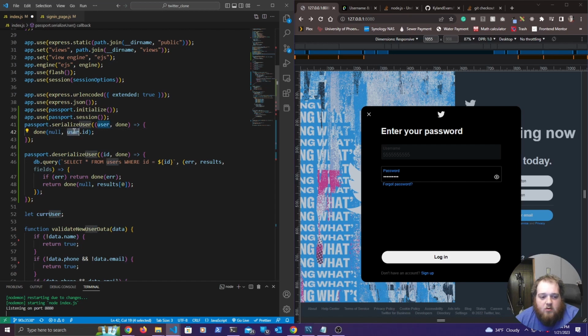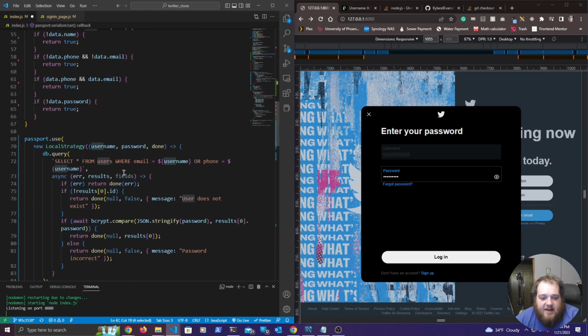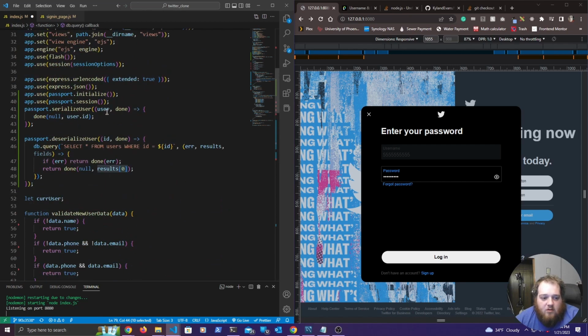user.id. Now that user.id is the same thing that was passed in right here. So this whole thing is equivalent to this user right here, and we're just going to grab the ID off of that, and then this done function is going to go to this deserializeUser function, and we're going to pass in that ID. It's going to be accepted from this done function here, and we're also going to pass in the done function again. Now we are going to again query the database and find where user is equal to that ID,